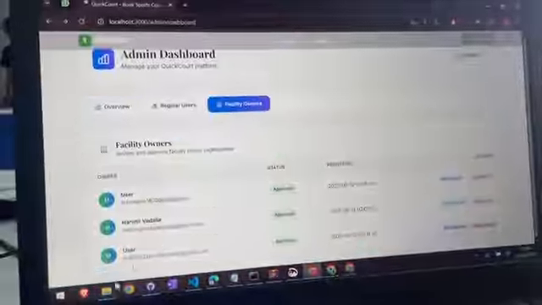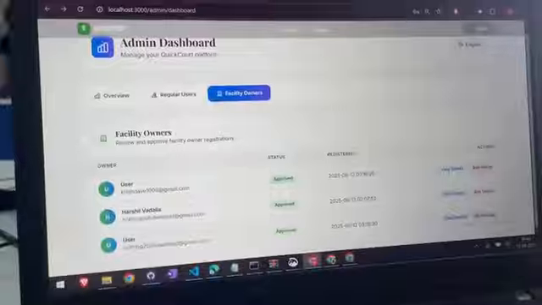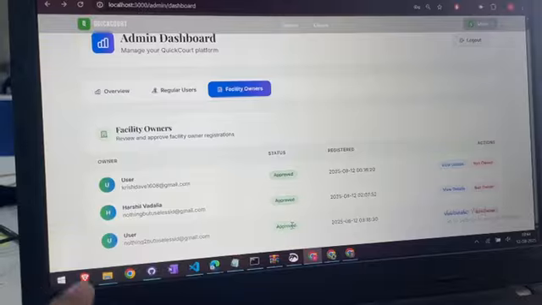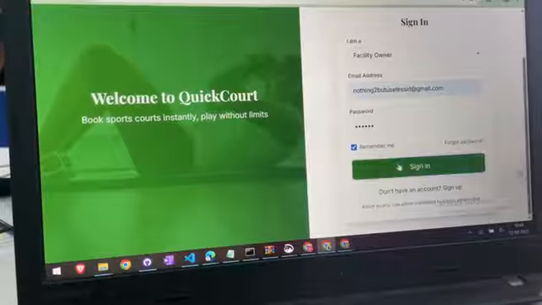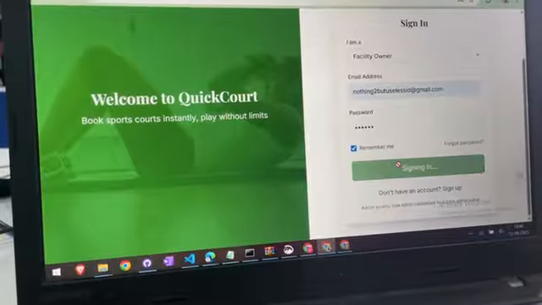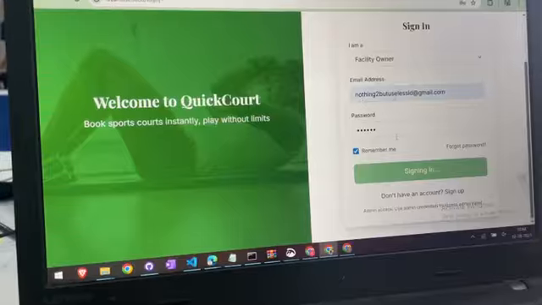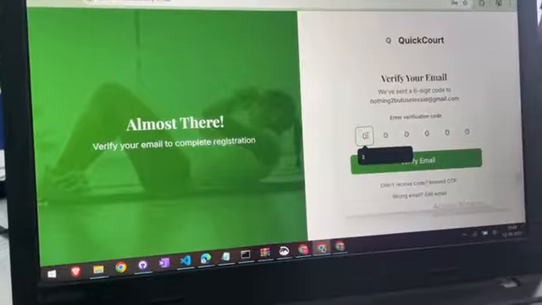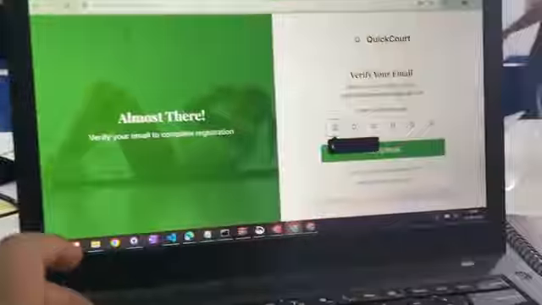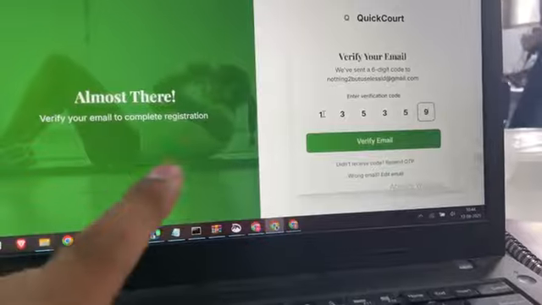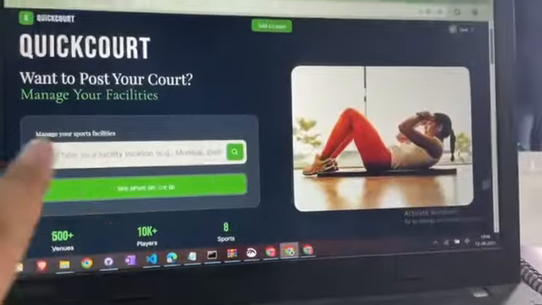Here in this admin panel, this facility owner is nothing but a user ID, and you can see this has already been approved. That's why if I log in here, an OTP will arrive on this ID, 13535. So it has been verified.